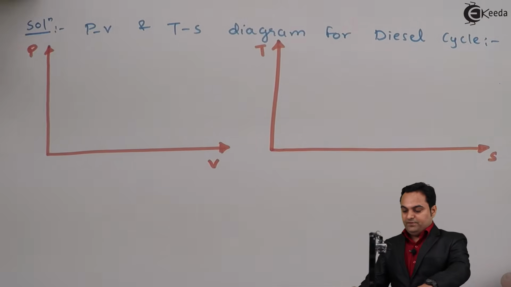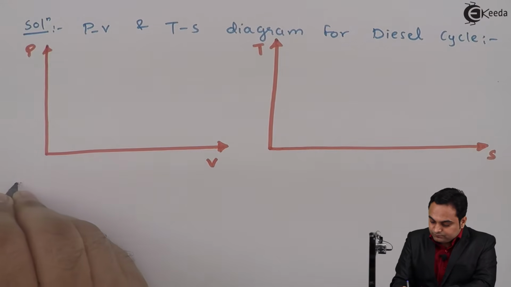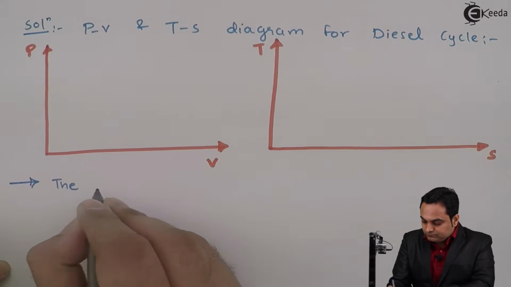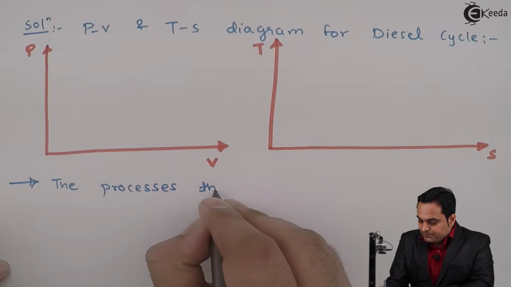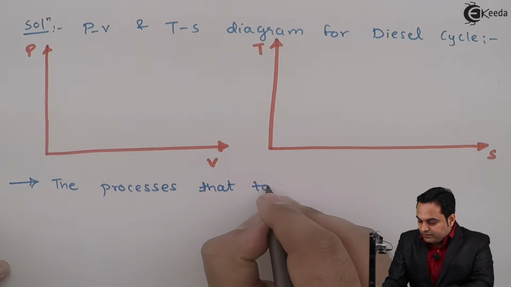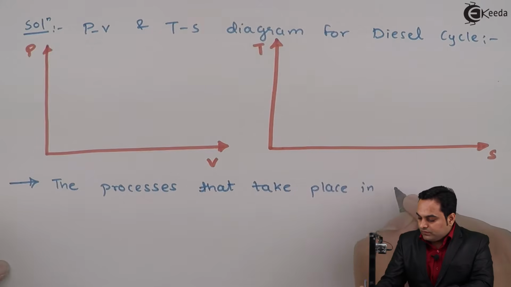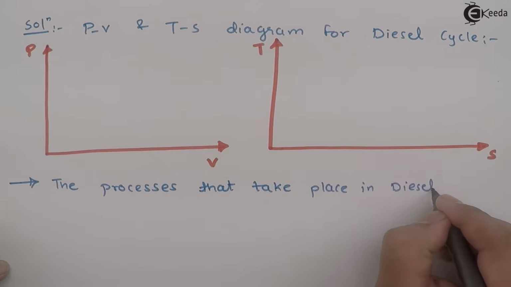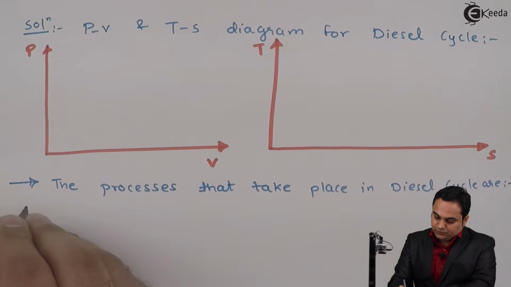Now in the PV and TS diagram we need to know the processes, so I'll write down the processes that take place in diesel cycle. The processes are,